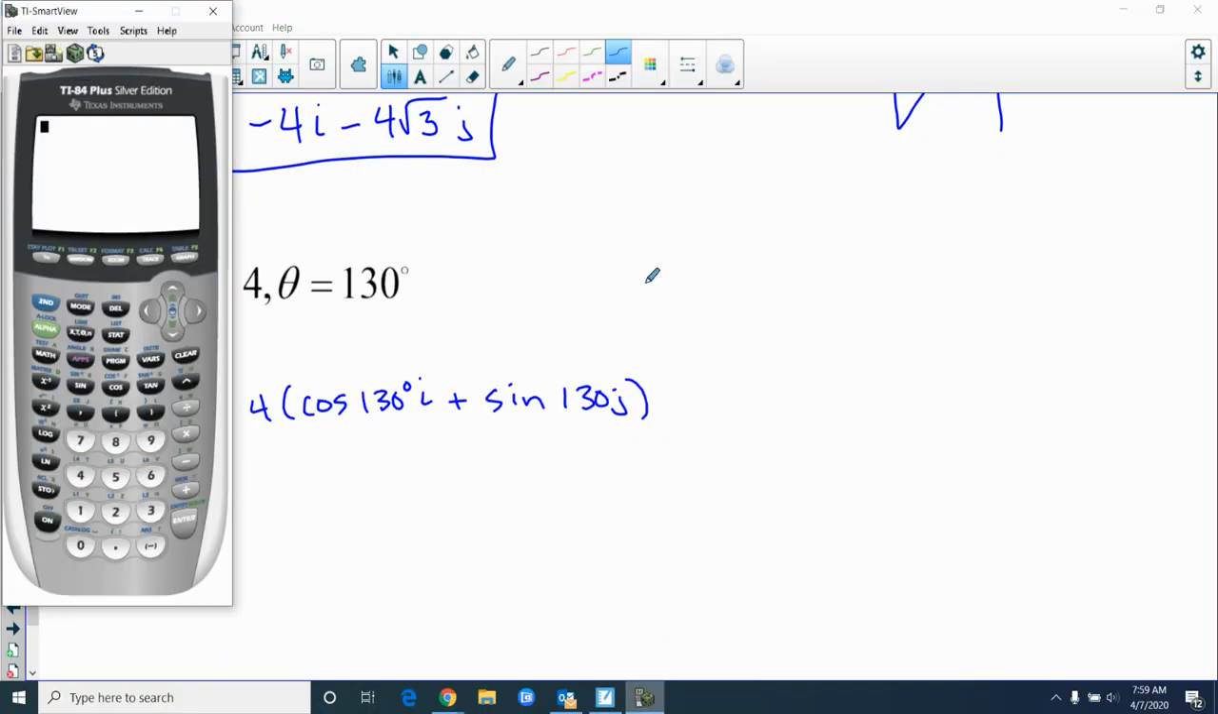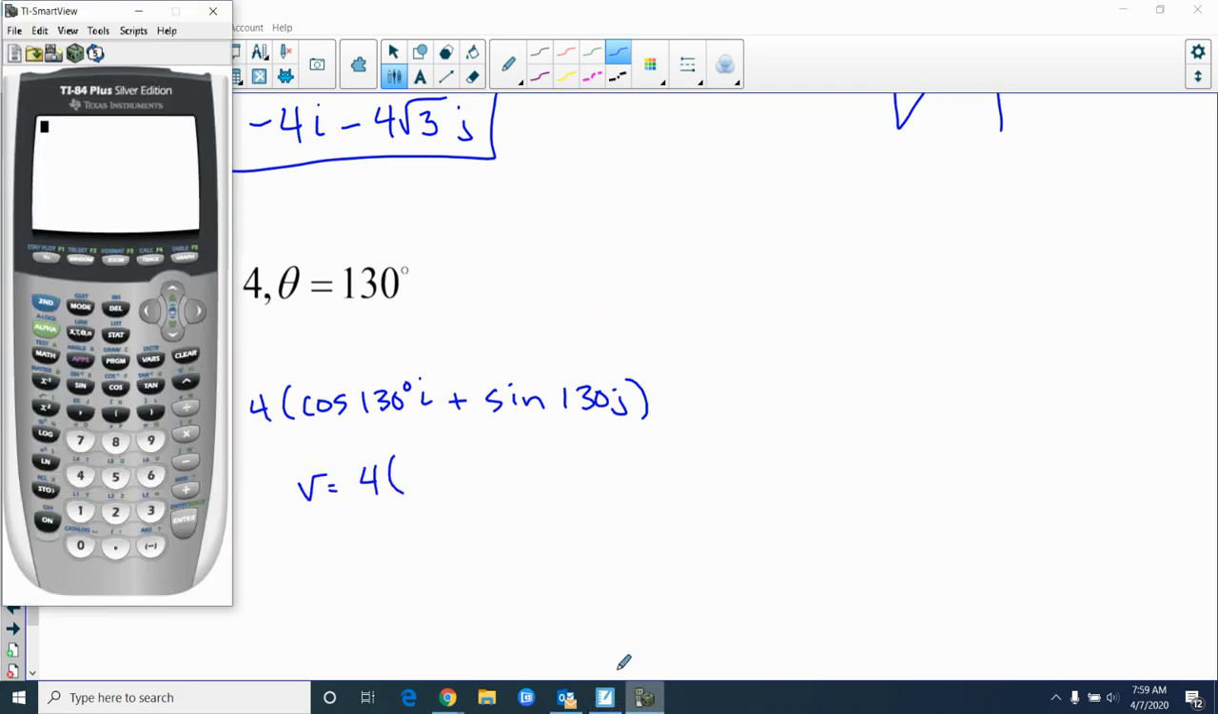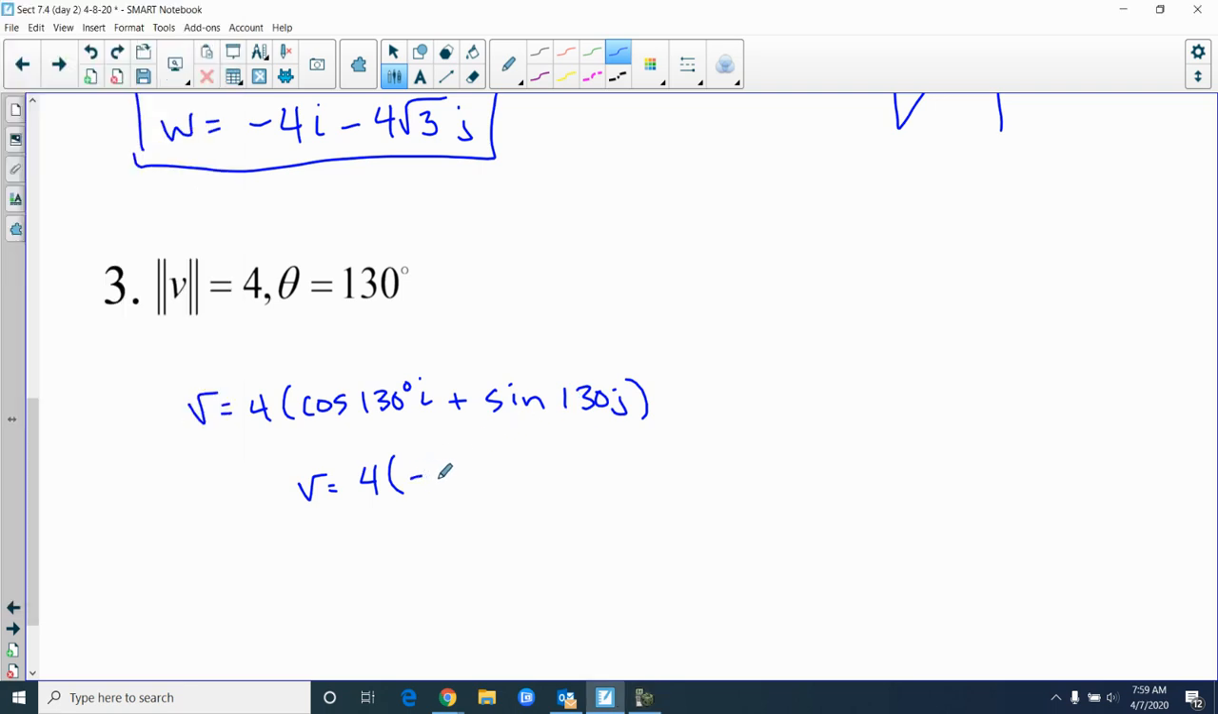And you're just going to, so it's going to be V equals 4 times, what's cosine of 130? Cosine of 130. And it will give us the correct sign that we need, negative point, and I'm going to do the nearest 100, negative 0.64i plus